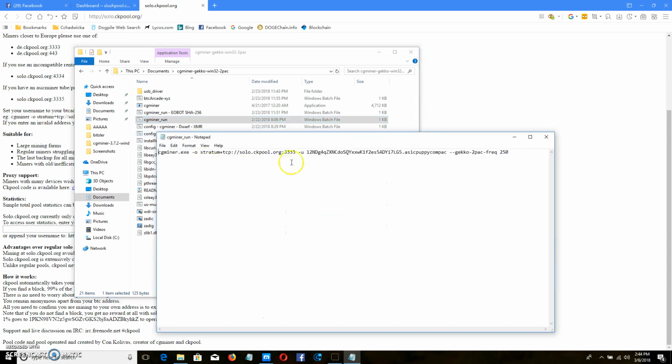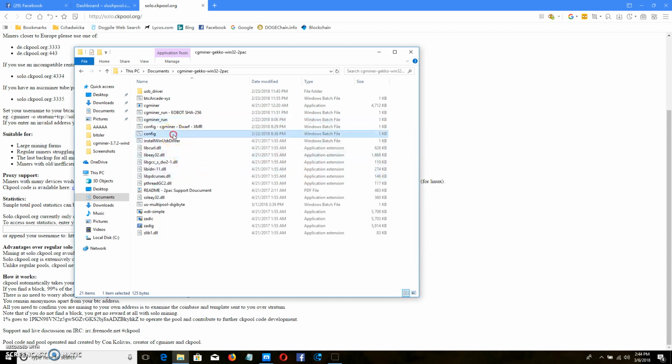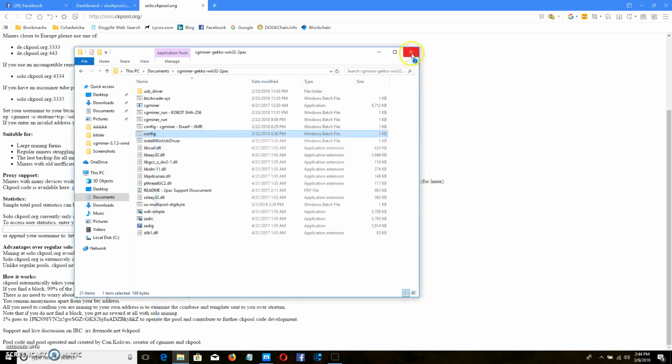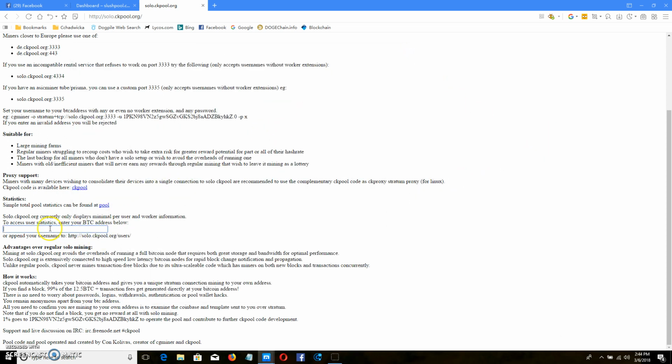and check your mining statistics. So I'm not going to show you that right now, but under normal circumstances, you put your BTC address in there, and that's the address that comes before the ASIC puppy compact if you're using a Gecko Science miner, and you'll get your shares and your information. And this is not a bad pool because it only has a 1% pool fee,